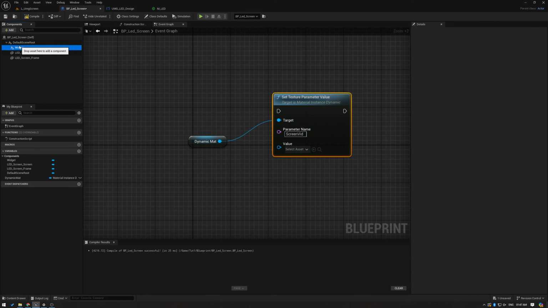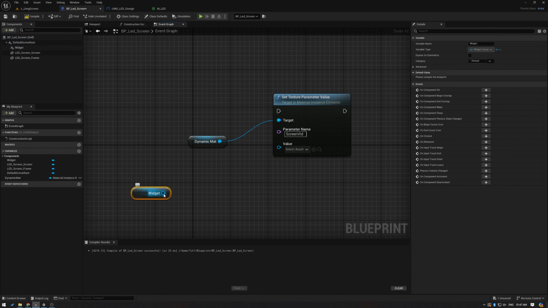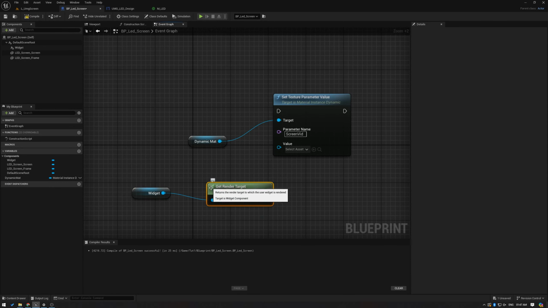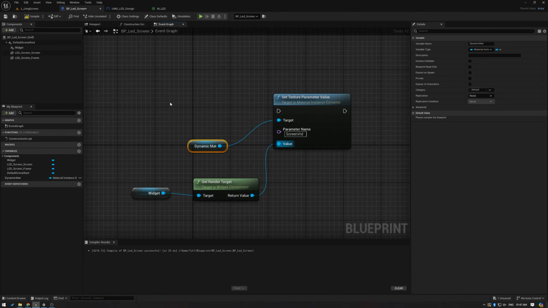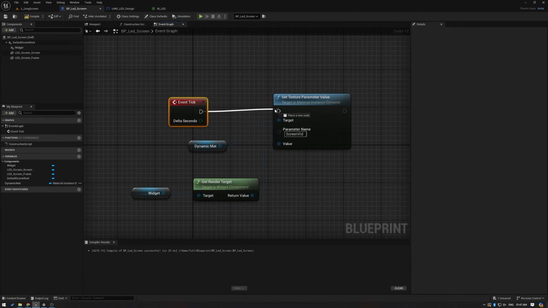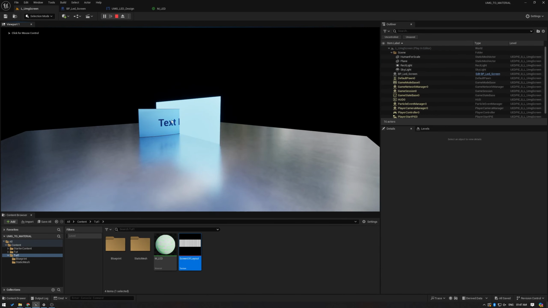And now I'm going to take the widget, drag it here, let go, drag a pin and search for get render target. And I'm going to connect this to the value. And now I need an event. I need an event tick for this and connect this over here. Compile and save. Now in the viewport, if I hit play, you can see that the widget has been applied